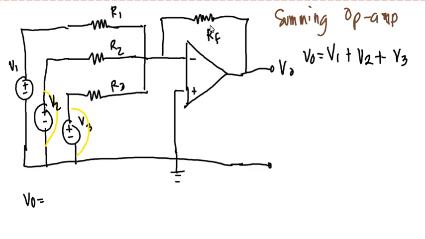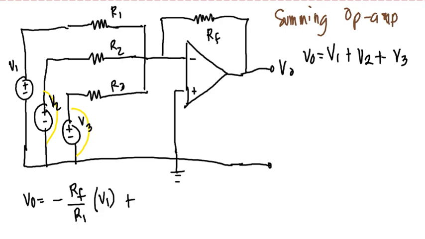So this leaves us with only R1 remaining in our circuit. Then we have the feedback RF. If we look at it, that is the inverting amplifier with just this value. So this gives us the formula, which is equal to negative RF over R1 multiplied by the voltage being considered, which is V1,